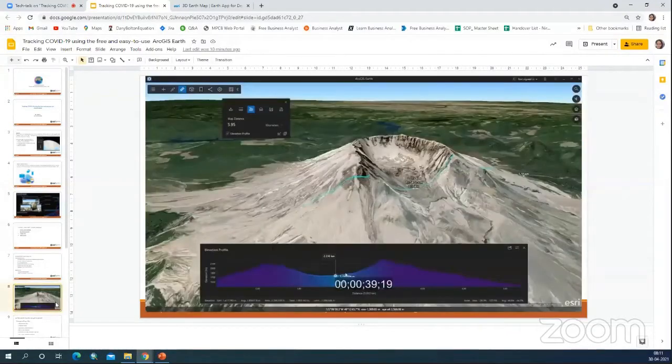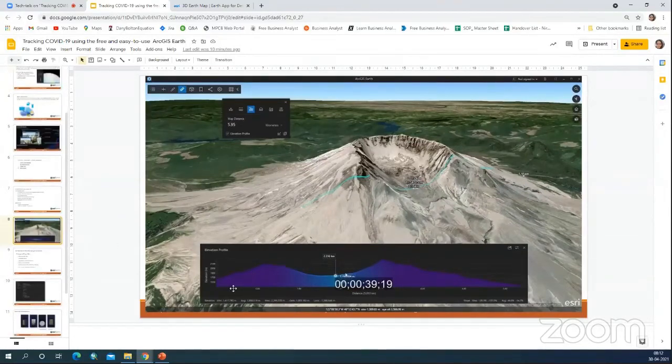And as I told you, you'll be able to see an elevation profile. If you see, there is a light blue colored line which is drawn here, and this is showing the elevation profile of the line which is drawn on the ArcGIS Earth. And here you can see the elevation profile, how it is varying from the starting of this blue colored line to the ending of this blue colored line. We'll see when we are into the demonstration how we can generate this.